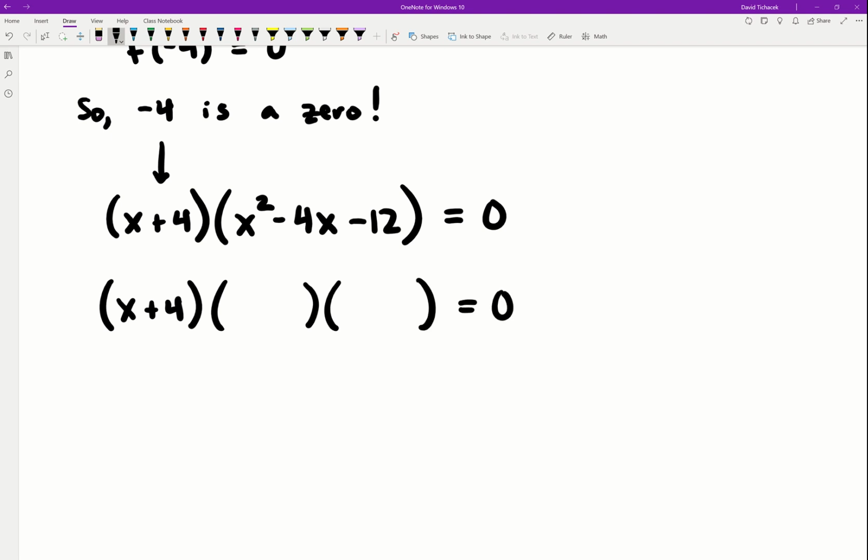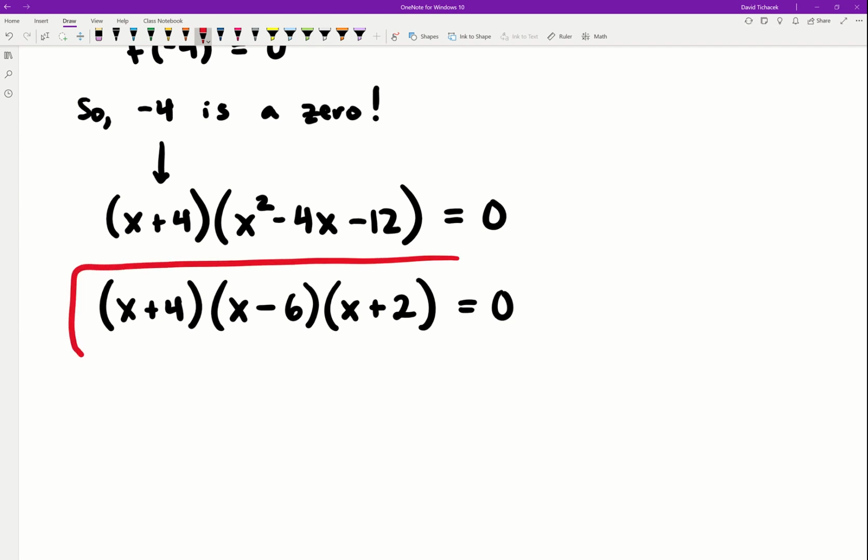I'm basically just going to unfoil this. So I have x, and then I'm looking for two numbers that multiply to make me -12, but add to make -4. And if you think about that for a moment, maybe some combination of 2 and 6 would work out for us here, okay? I would, of course, want to go ahead and have a -6 and a +2 so that they would add up to -4. And then, of course, -6 times +2 would give us that -12, okay? And so what you have right here, folks, is a complete factorization of the polynomial that we were originally given,